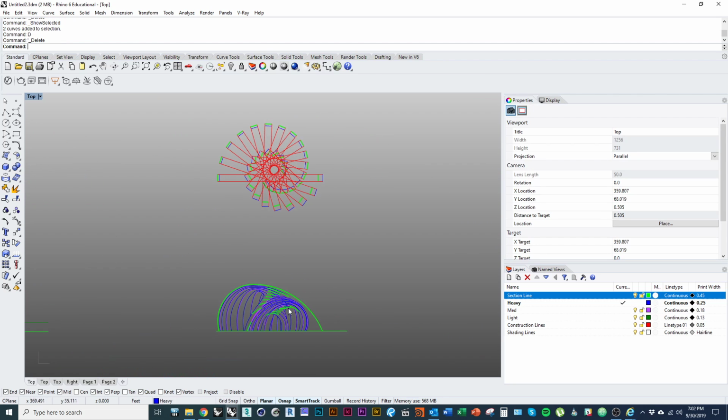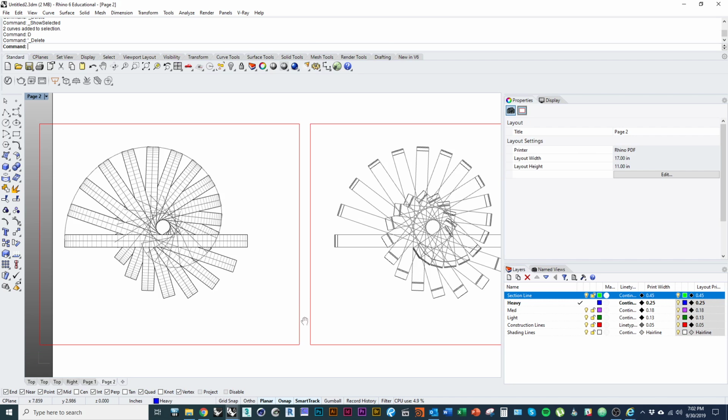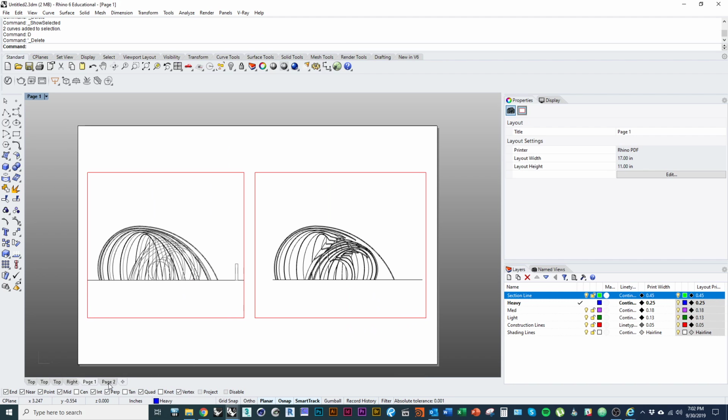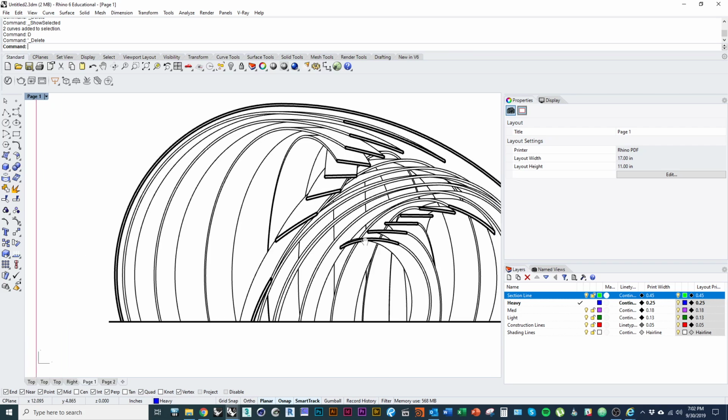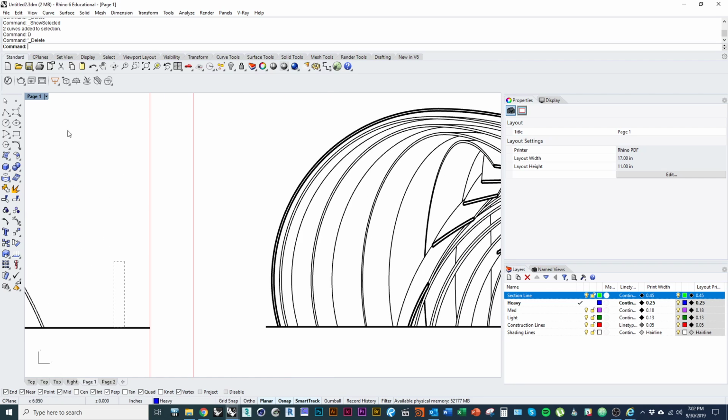Okay. So I already have done a plan and a section over here, so we'll fast forward to that. I'm going to go over to my layouts again, make sure I'm in print preview, and that way I can check out whether or not my line weights are really reading properly. So once again, on both my elevation and on my section,